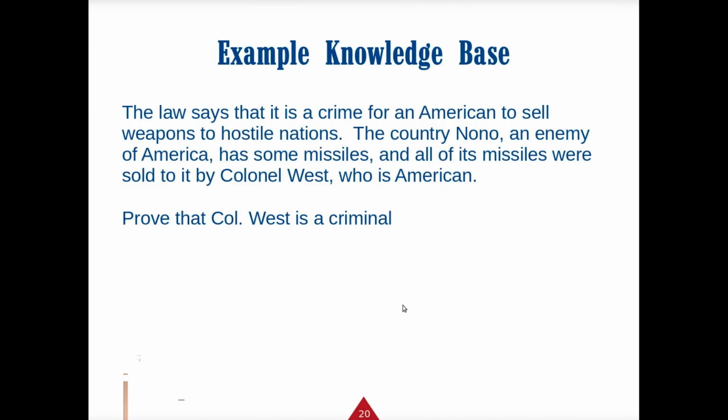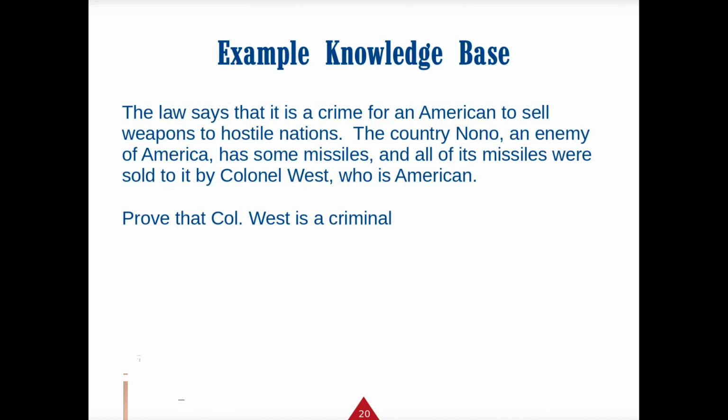And so the final example is: the law says it is a crime for Americans to sell weapons to a hostile nation. Nono, an enemy of America, has some missiles, and all the missiles were sold to it by Colonel West, who is an American. So we want to prove, based on this logic, if Colonel West